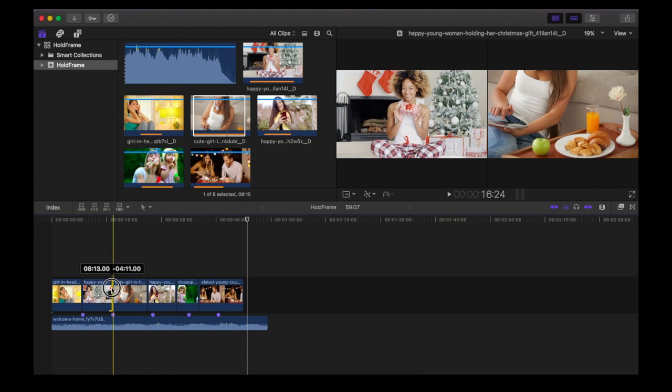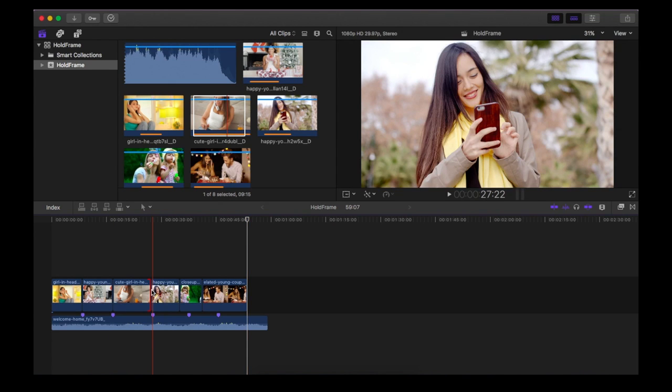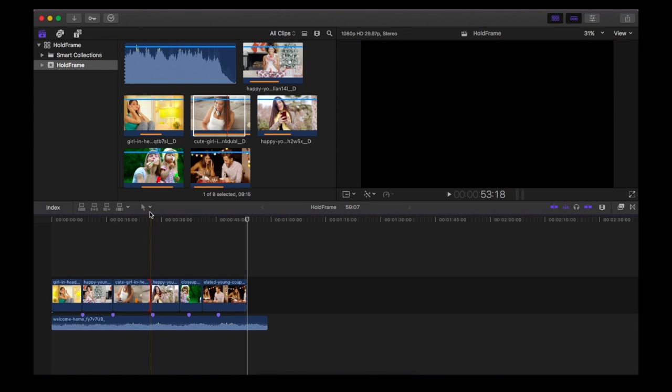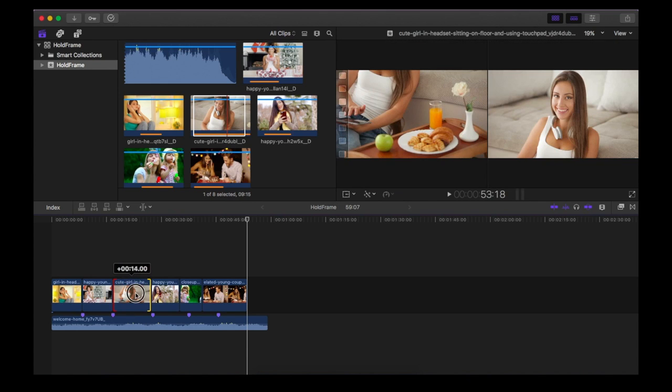This is visible only if snapping is enabled. When you see a red color closing bracket, this means the clip doesn't exist after that. To consider the beginning portion of the same clip, enable trim mode from the drop down or press T from your keyboard. Take the pointer within the clip area and click and drag to the right.